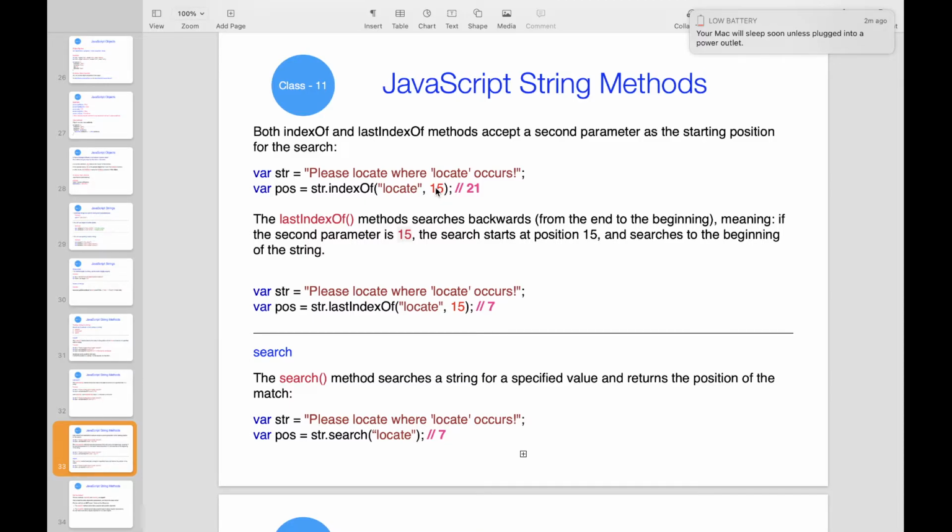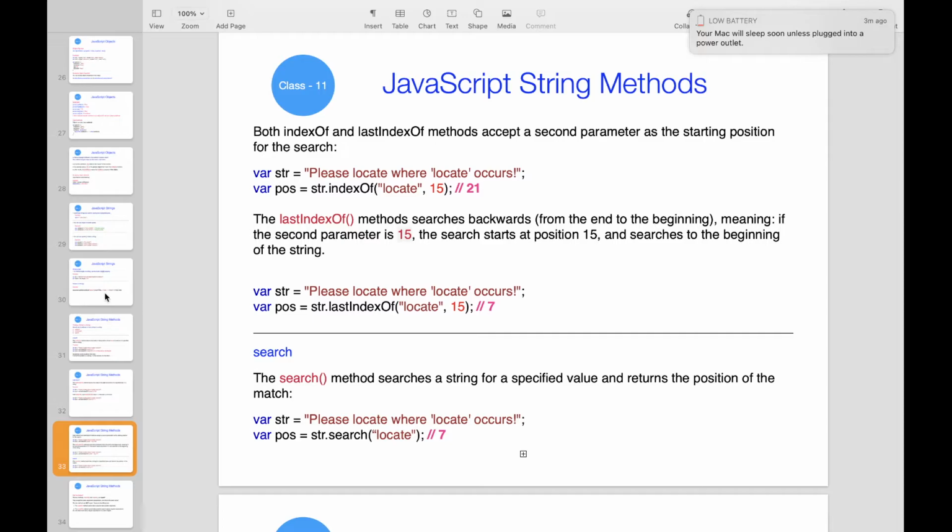Here if we give 15, the 15th will come somewhere here. So after the 15th this keyword is present, so this 21 is coming. If we don't give this second parameter, it will find it like the indexOf method: wherever it first finds the string, it will return. Otherwise, if we give the second parameter, it will search from that position and give the position of the string. Here 21 will be given. So lastIndexOf is also similar to this one only. We can pass the second parameter, but this will search from right to left, so that will return 7.